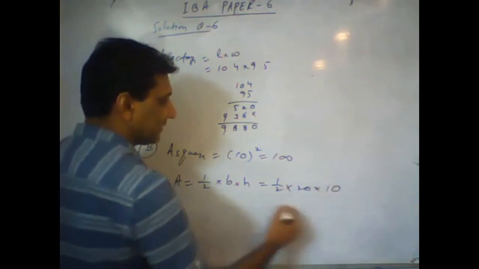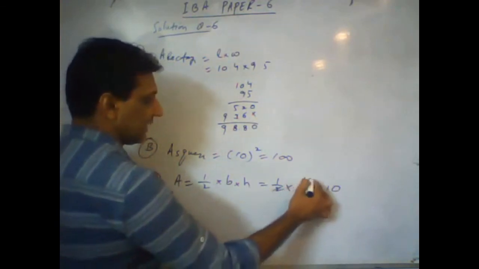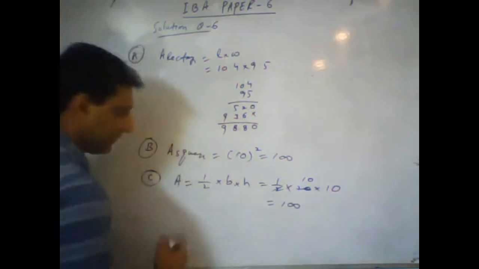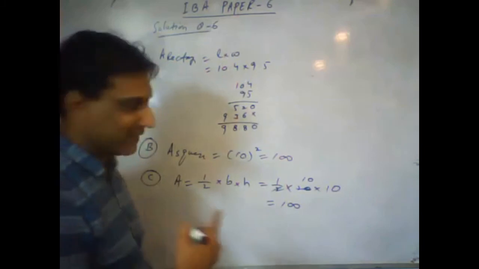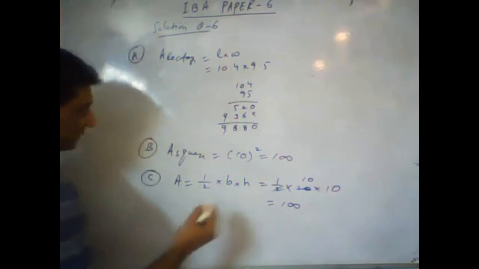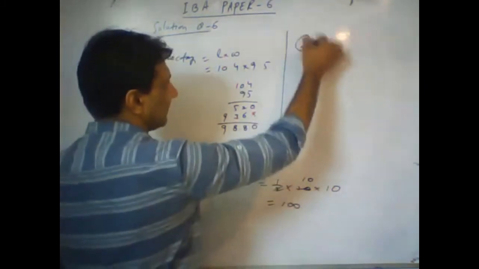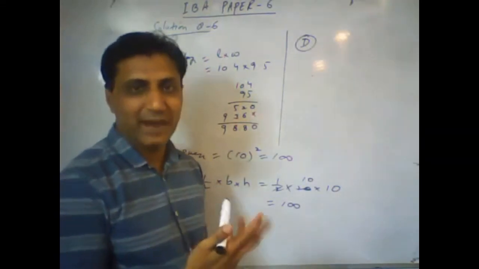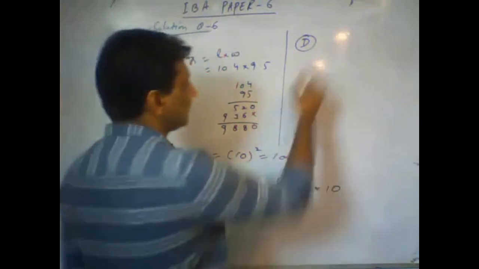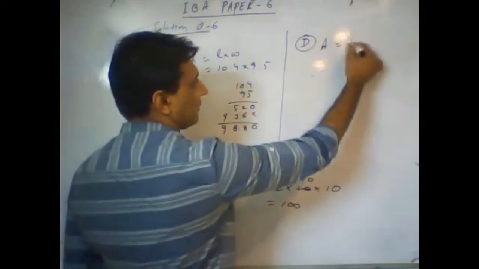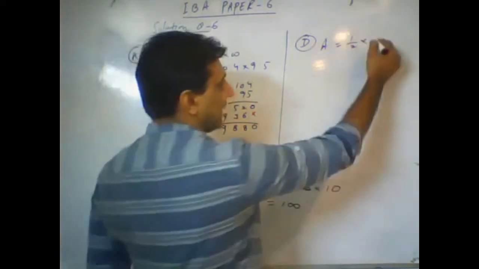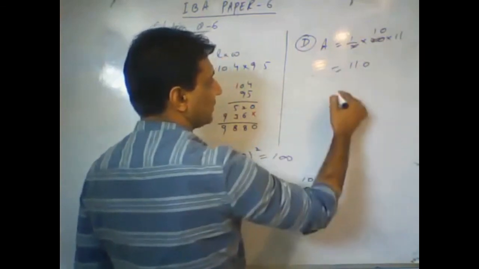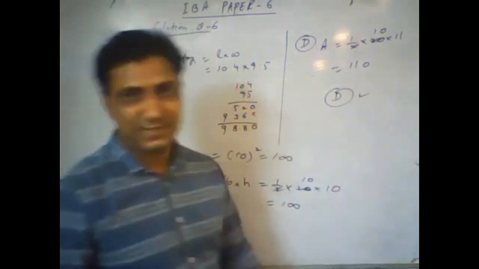20 multiplied by 10. So this is 2 tens, that's also 100. Okay. We are left with option D. That must be more than 100 in that case. Technically, option D is a triangle with perpendicular sides. Perpendicular sides are base and height. So the area of the triangle is half base times perpendicular height. Base is 20 and height is 11. Of course, this is 110. So option D is your answer. That is the largest area.